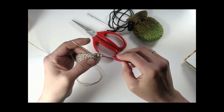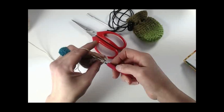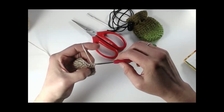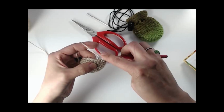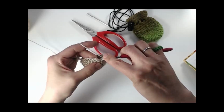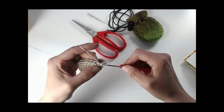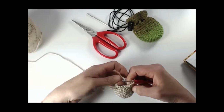16, 17, 18, 19, 20, 21, 22, 23, and 1 more for 24. Okay, so that's 24. So now we're going to